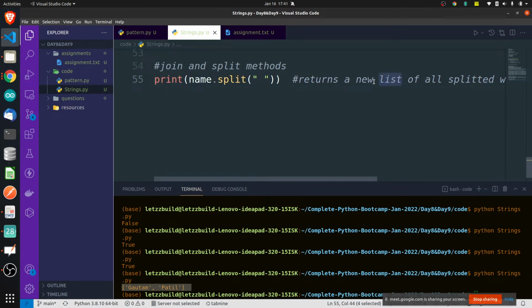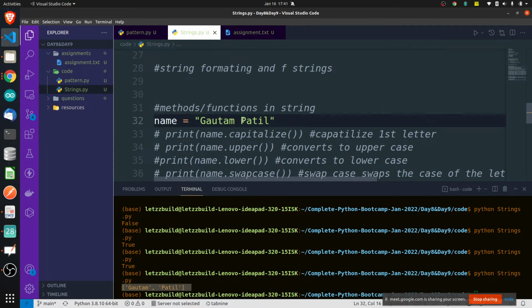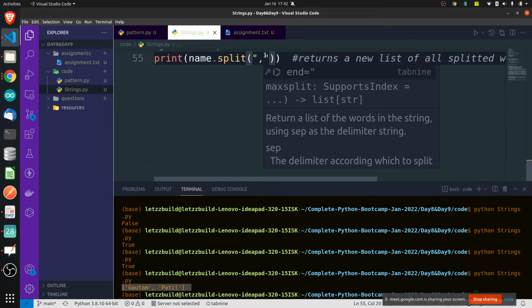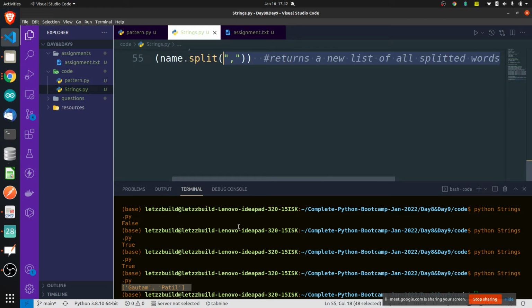Let's say you want to split by comma, maybe you have multiple names: Gautam Patil, Anita Patil, Prashant Patil. I want to split it by comma, so I'll just write comma. Split the string by comma. It is going to return a new list, see here, a new list split by commas.